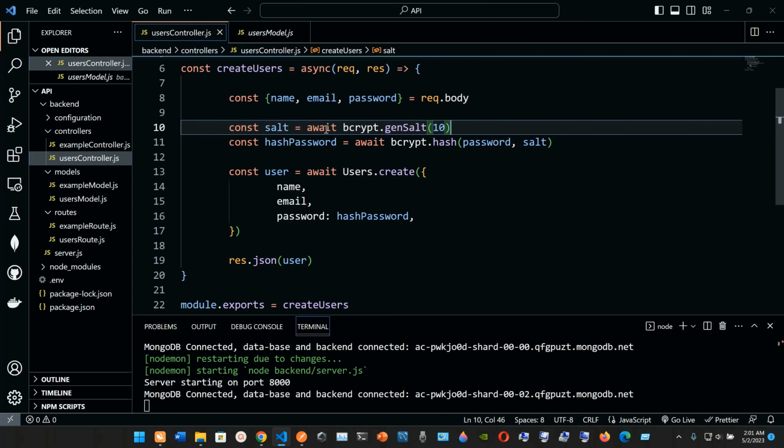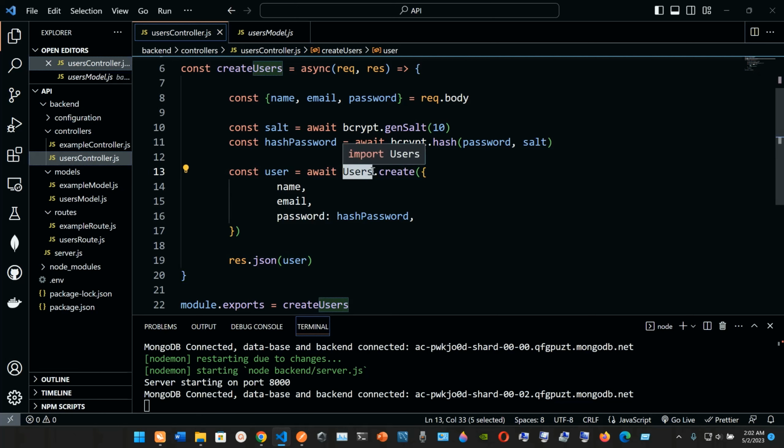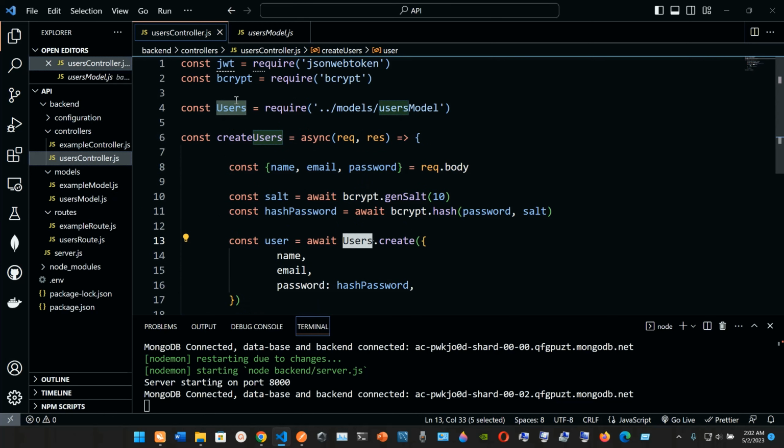So we're creating the salt, we're using await, we're using the BCRYPT package. It has a method that salt, the full value is 10. Then we have the hash password, we await for that. We have the BCRYPT, the method is hash, and we're passing the password and the salt. Okay, outside of that, we have this variable name user. We are awaiting for the user's model, and again, this user model comes from here. This is the user model, but I brought it right here. I brought the user model from the models user model,